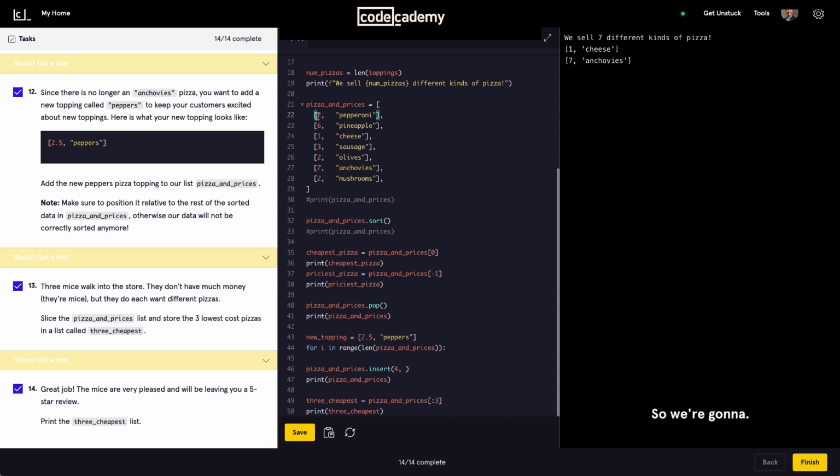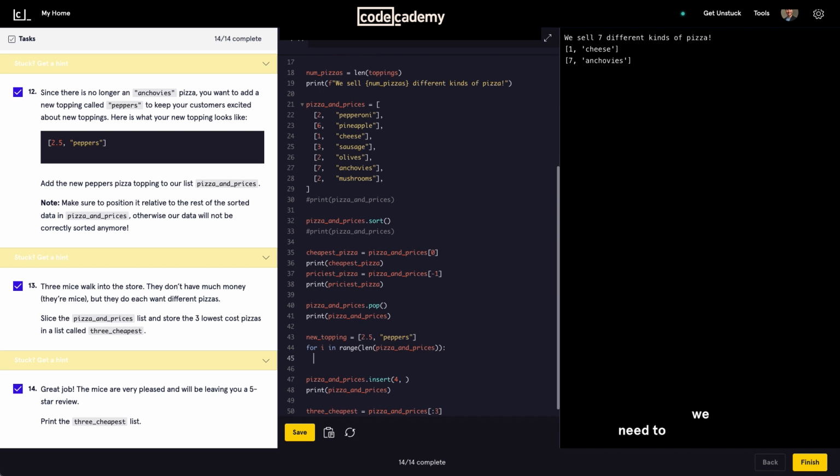So it's already sorted cheapest to most expensive. So essentially we need to get to the point where whatever we're looking at, the current pizza, is more expensive than ours. Because if it's more expensive than ours, then we need to insert ours right there and push that one back to the end. So what that would look like is